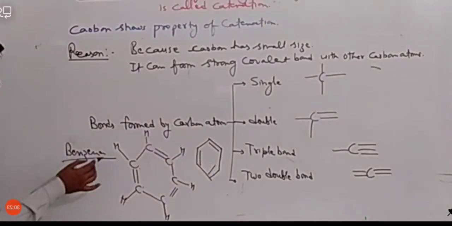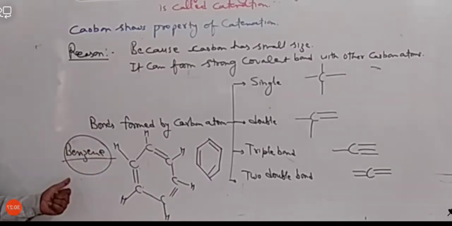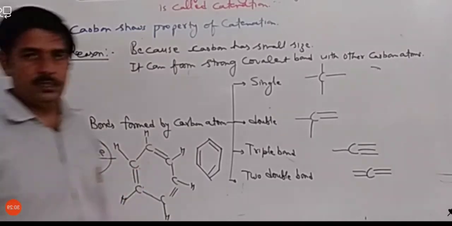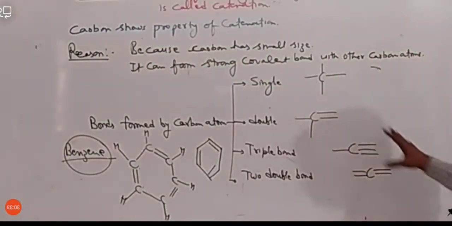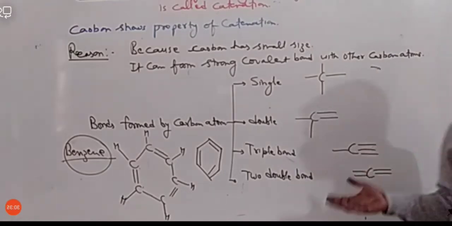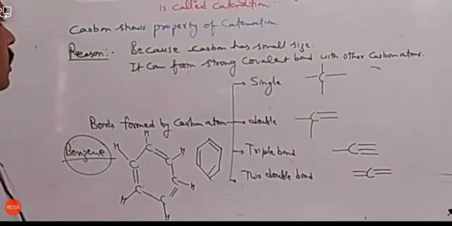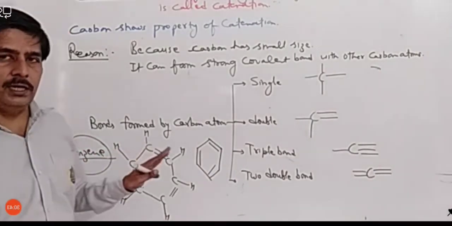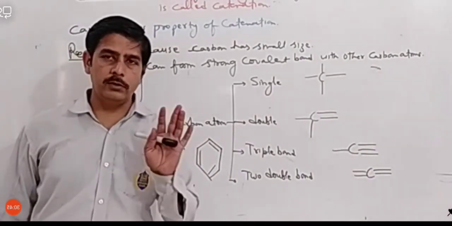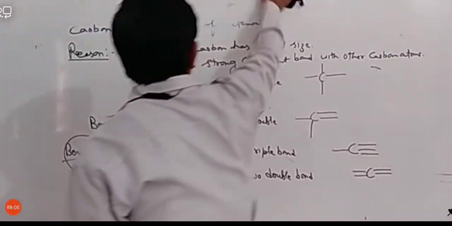Isn't it? Remember its name. Just remember this name. This is the structure of benzene. This is the cyclic structure. Okay. So carbon can form all 5 types of structure. So one by one we will study all the things. We will study everything. So it was all about catenation. So I think this topic is clear to you. Then let's move ahead. Okay, great. If no reply, that means it is understood.